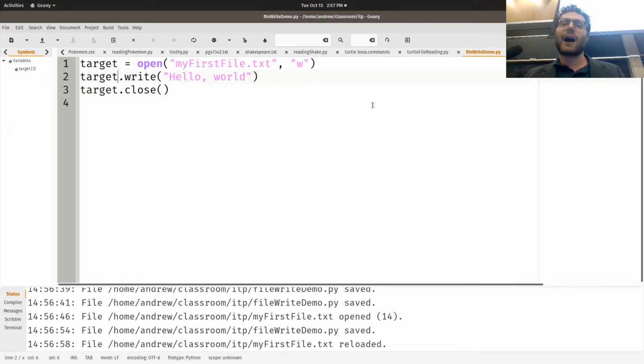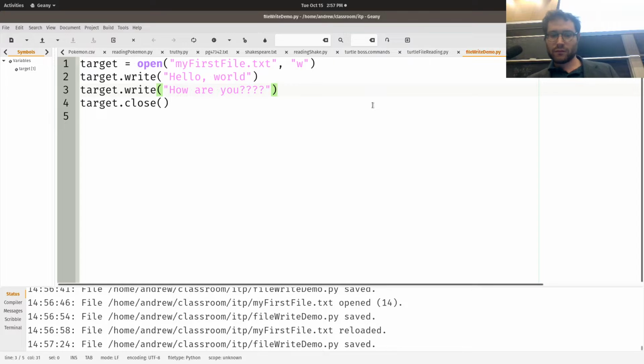So writing is very easy. Rather than reading a file or iterating over it, you just simply take this variable that represents the file that you just opened, and do target.write to write something out. Hello world. How are you? Okay, run that, reload our file,